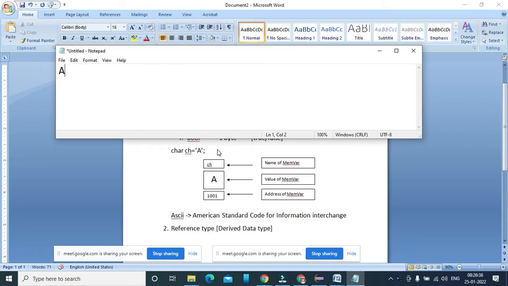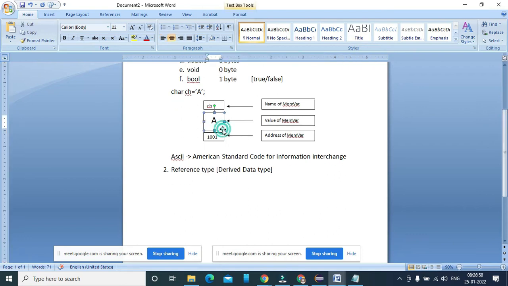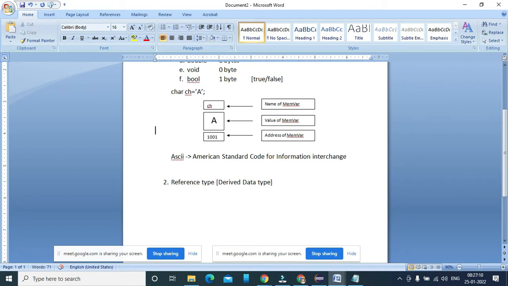Okay, but you should have a numeric keypad in your laptop or other device here. It is only possible on a laptop or desktop. Don't try it on your mobile. Okay, so what happened here? When you print A, the value 65 gets stored, because according to the compiler, 65 means A.